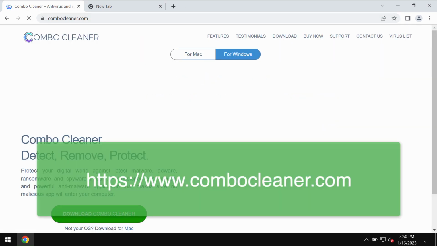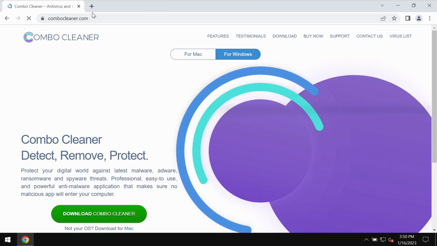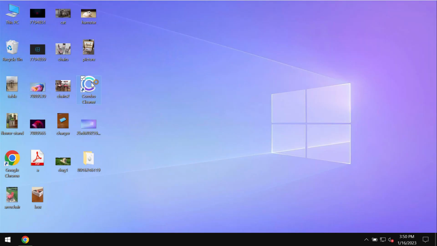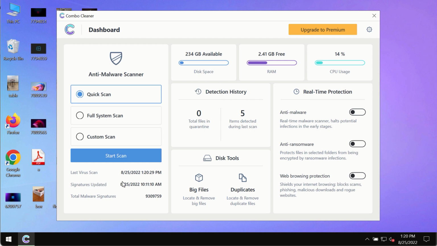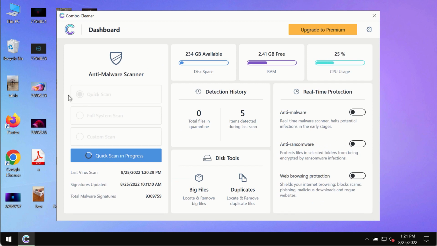Now, we also recommend that you carefully investigate your system with Combo Cleaner antivirus. Get it on the page combocleaner.com and download the program, install it, and begin investigating your device. After you have successfully downloaded and installed Combo Cleaner antivirus, make sure you click on Start Scan button. Initially, the program is in the trial mode, so only the quick scan option is so far available in the